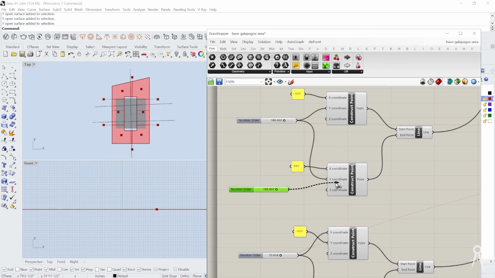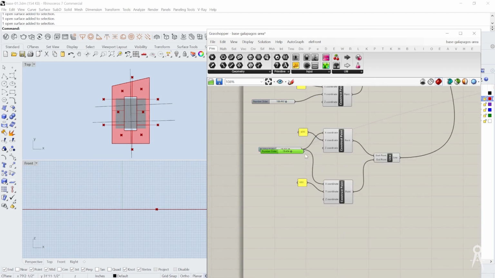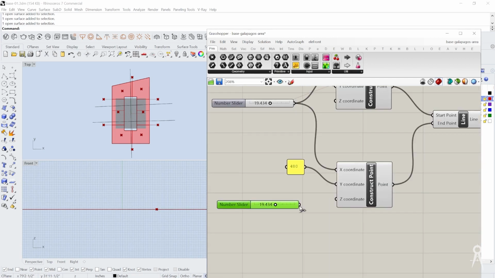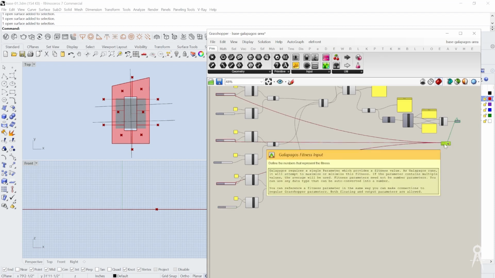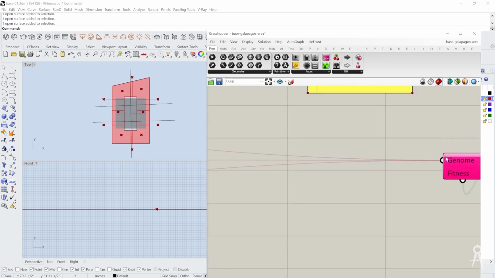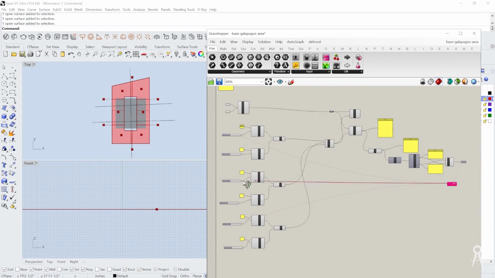So now we wouldn't limit it in that way, and I come here, do the same thing. And what I have to do again is connect these new genomes. I'm going to press Shift, connect here,